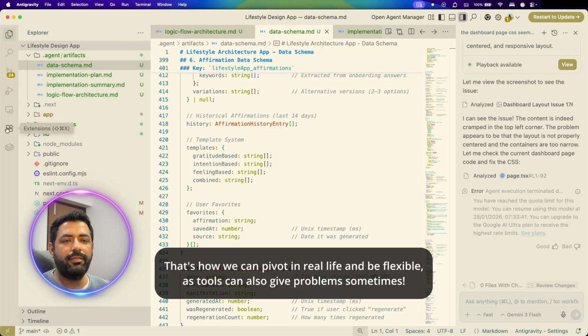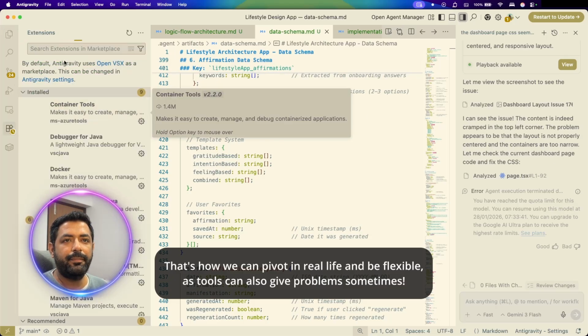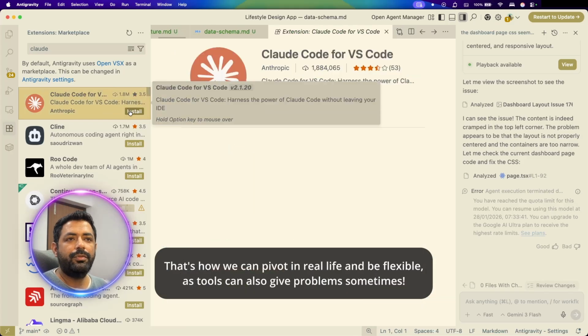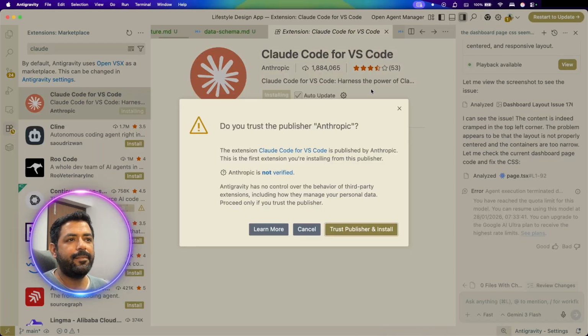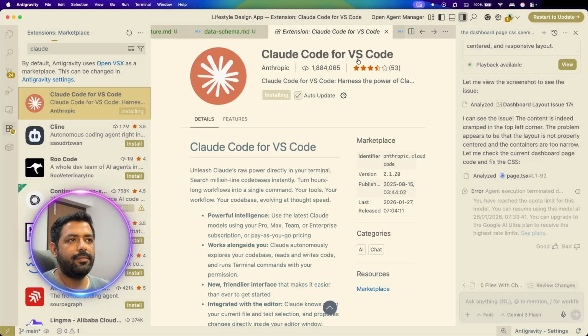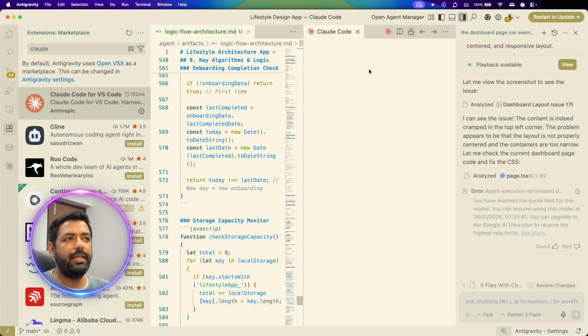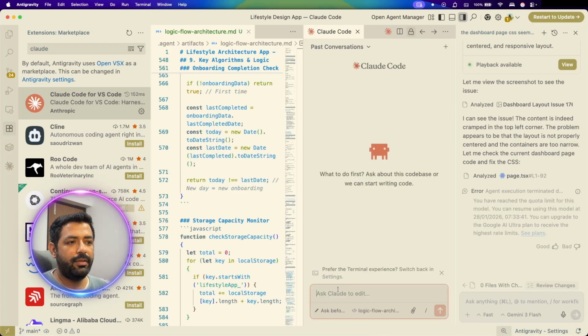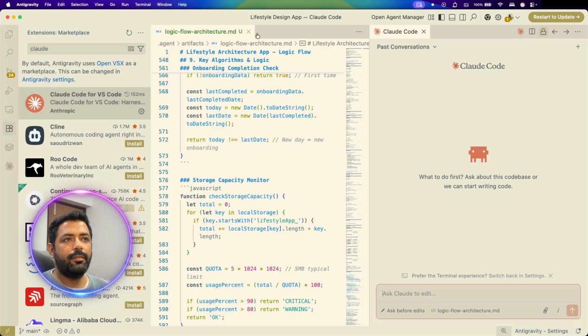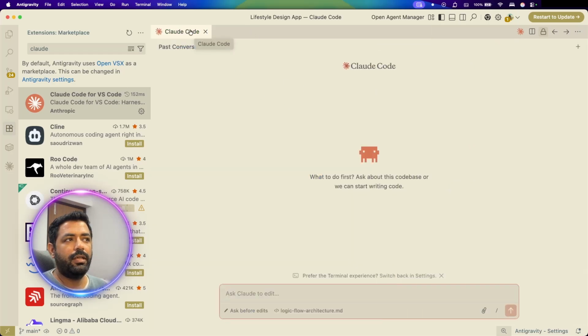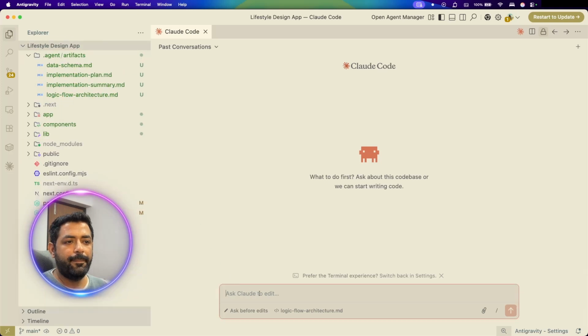We can have that extension available here. So we will install this. So I will click on the Claude code icon. All right, so now we will ask it: read through the project and